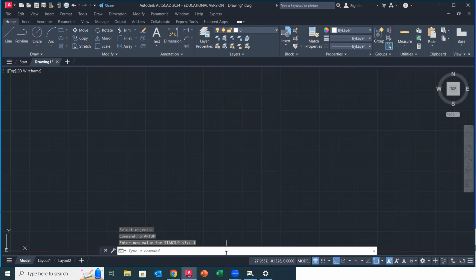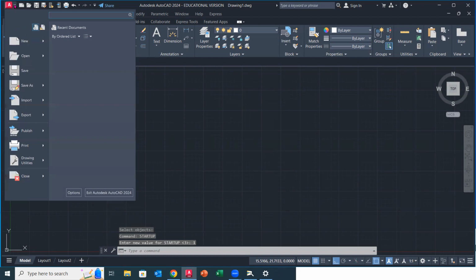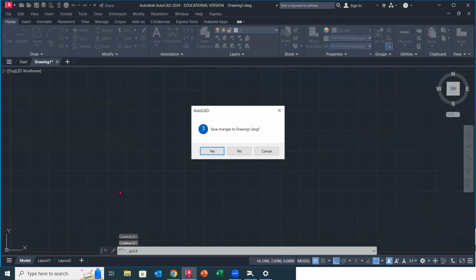So now we're going to close out AutoCAD and we're going to pull it back up. And we're going to see how it is a little bit different. So to exit out of AutoCAD, we're going to go back up to that A, we're going to arrow down and we're simply going to, oh, here it is, exit AutoCAD. They used to have it right down below here, but again, this is probably one of their little cool tweaks so that they can justify 2024. I don't want to say bad things about AutoCAD. It's a great program. But down here at exit AutoCAD 2024,